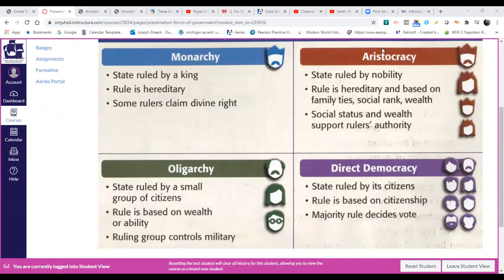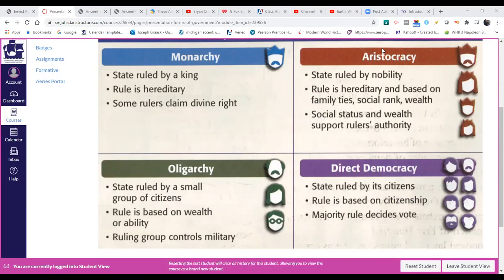Let me move this out of the way. So you'll find 4 types of government during this early time: monarchies, aristocracies, oligarchies, and direct democracy. Your direct democracy is going to come from, obviously, ancient Greece. Your monarchy is what Rome used to be. And monarchies are going to be very prevalent all the way through till about, I would say, 1860, 1870.